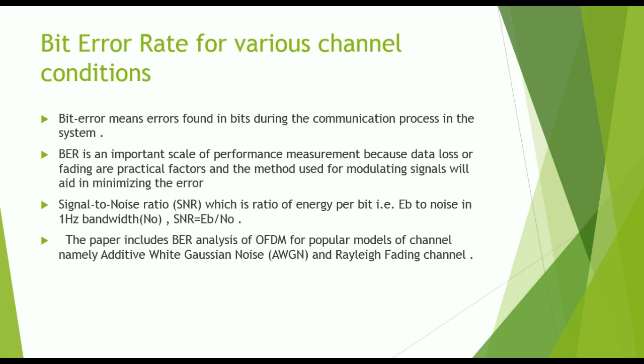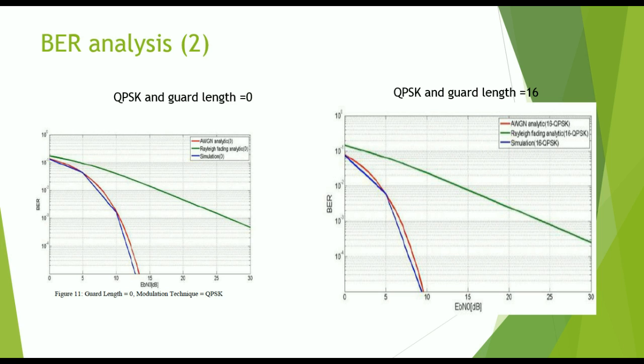Signal to noise ratio is the ratio of energy per bit to 1 Hz of bandwidth. The paper includes BER analysis, for which we will see the outputs now. In this slide we see QPSK modulation output comparison for guard length 0 and guard length 16. Here we can clearly see that for a signal to noise ratio of 10 dB, when the guard length is 0,